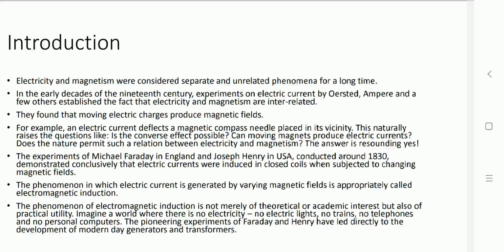In the earlier chapter, we defined that while current passes through a closed loop, a magnetic field is generated. Here, we are going to learn the opposite concept, in which a magnetic field can generate electric current. The phenomenon in which electric current is generated by varying a magnetic field is called electromagnetic induction.